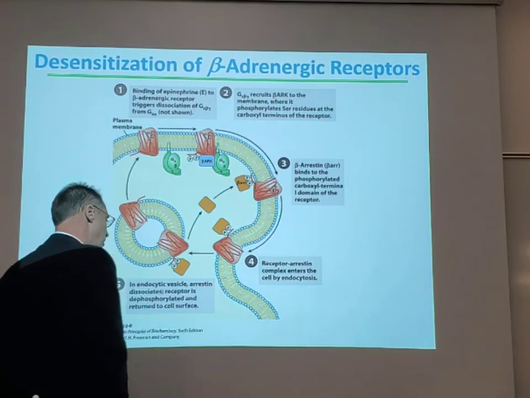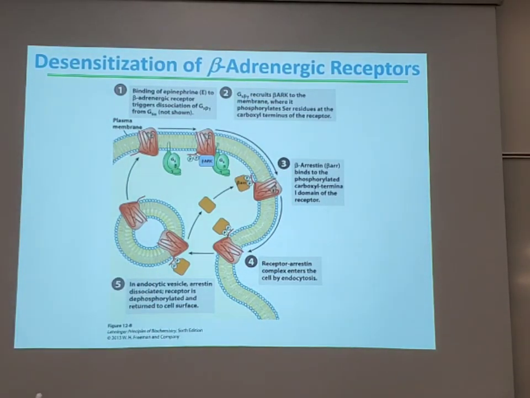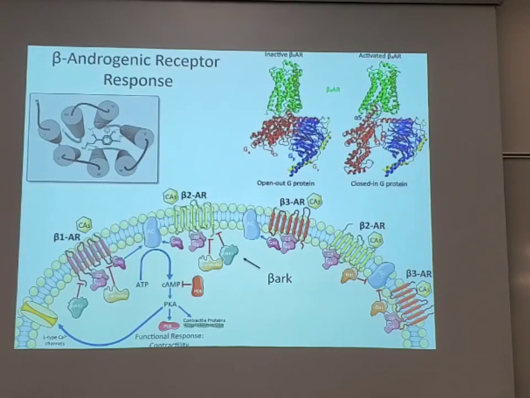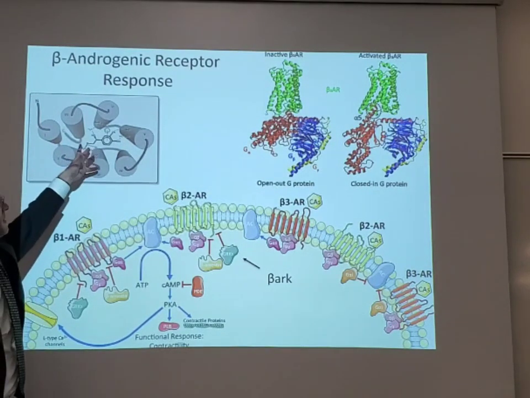So beta arrestin allows me to desensitize in one aspect, or also just resample the surface. So you might guess, and you'd be right, that BARK is activated by a whole bunch of GPCRs. Yep. Makes sense. Okay. Yes, here's all that awesomeness showing you as well what happens when the epinephrine's bound into